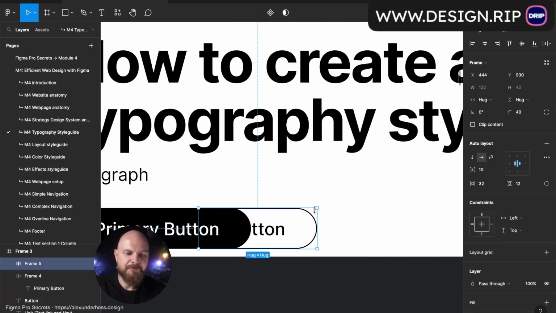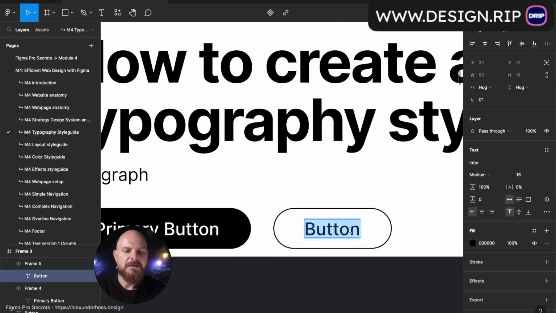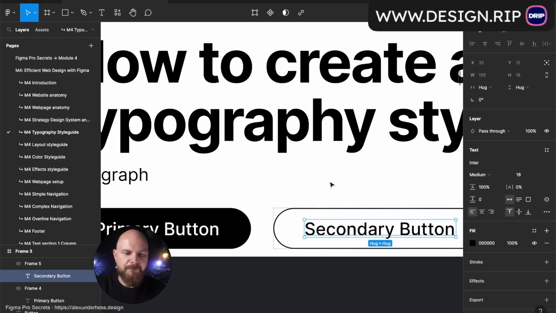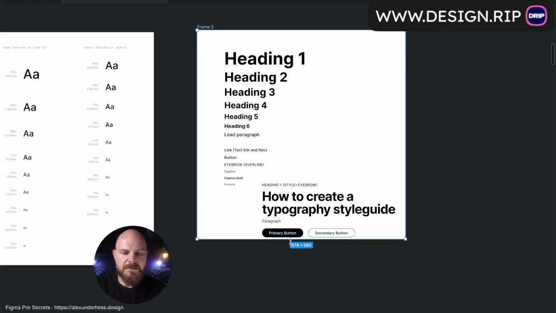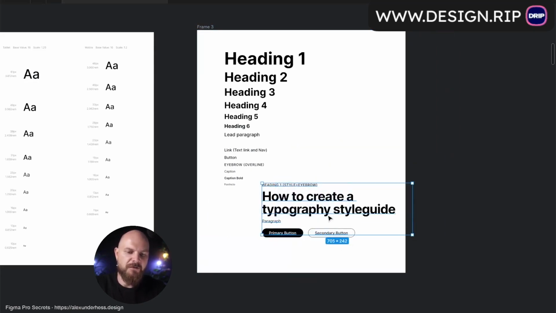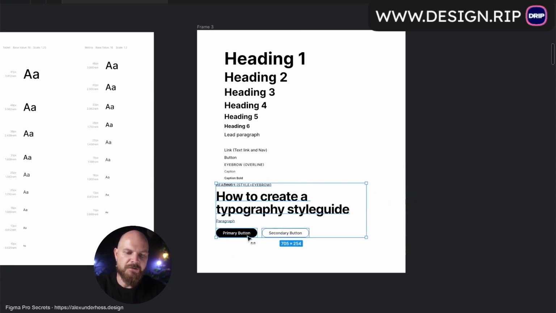Primary, secondary. This is what you define when you're creating components. So this is not part of defining primary and secondary button. The typography will be the same for both. And here, because this is a more advanced course, I want to show you really important information,